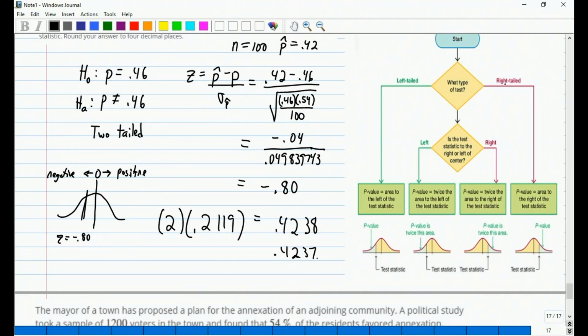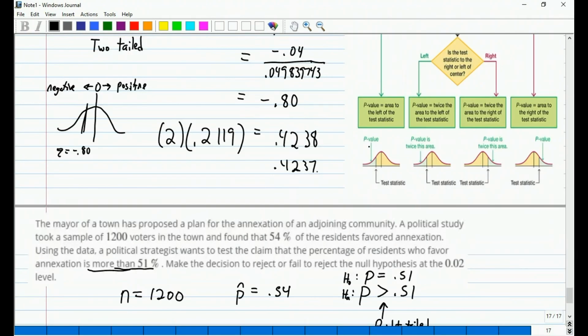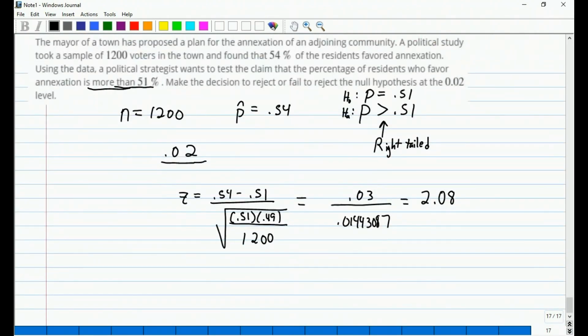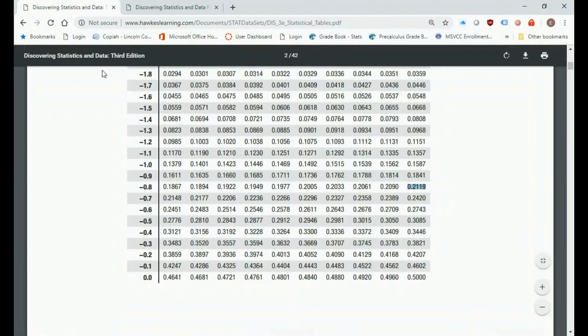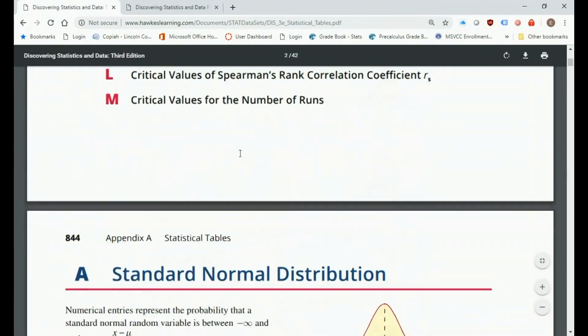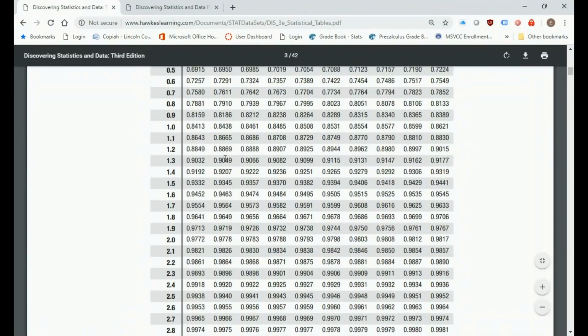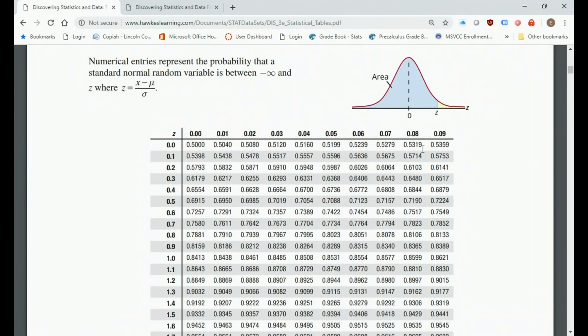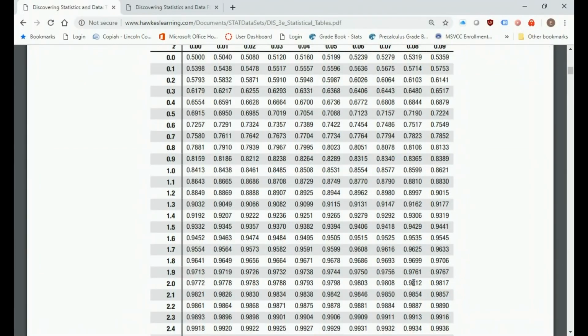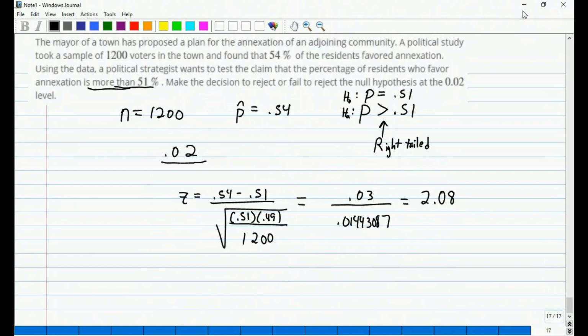If it's right-tailed, which it was, we figured that out from the alternate hypothesis, the area to the right of the test statistic. We figured out the test statistic was 2.08. So I'm going to go to my chart, and I want to find the area to the right of 2.08. To do that, I say 1 minus whatever I'm about to find. And here's the 8 column here. So 2.08, that's 0.9812. So I'm going to say the p-value is equal to 1 minus